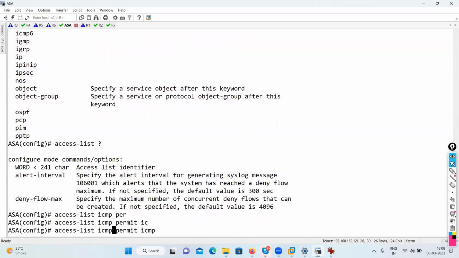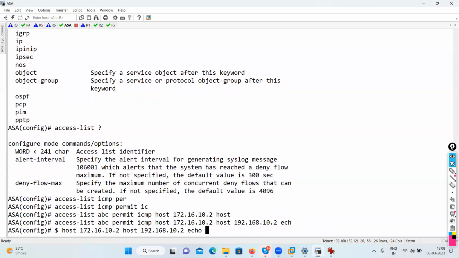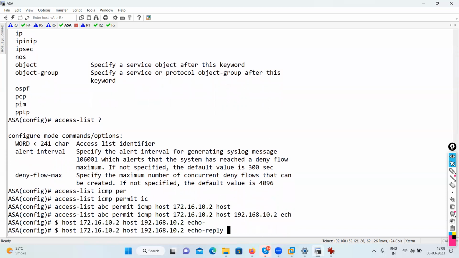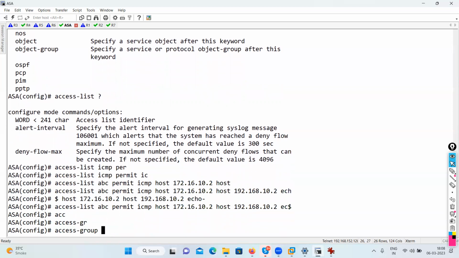I gave the name ICMP, or I can give any name like ABC, not to get confused. So I gave access list ABC permit ICMP host 172.16.10.2 go to host 192.168.10.2 only for echo reply, not for request. And then I say access group